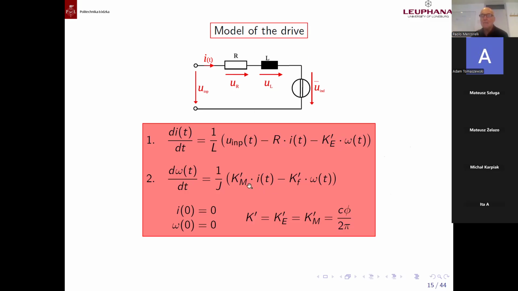And Km apostrophe, which is equal to Ke apostrophe, ideally, multiplied by the current, is the motoric torque generated by the current in the rotor, of course, because of the presence of the magnetic